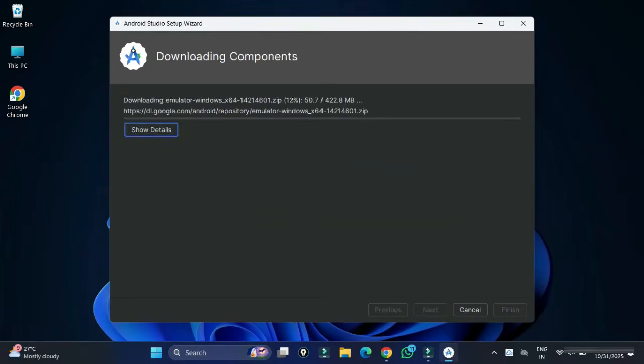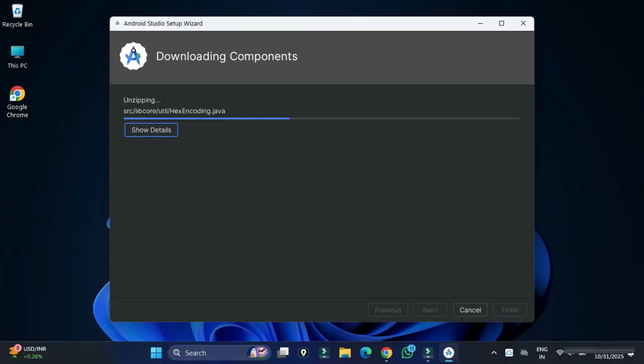So now it is downloading my virtual devices. Hence I'm saying you need a strong connection. We require installation of 3 things, like Android Studio installation, and then installation of virtual devices, and installation of SDK. Okay, right, so it will take a while, so please wait. It takes I think around half an hour for completing all the installation. If your internet is good, it could be faster. Before half an hour also it could be completed.